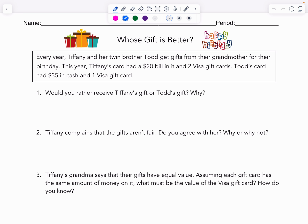Okay, so these lessons are a little bit different. The idea behind a lesson like this is that before you watch question one's video, you should try to do it on your own. So we would read this, and then I want you to pause the video between each one and then see if you did everything correct. Okay. So whose gift is